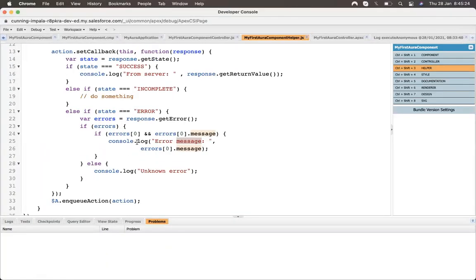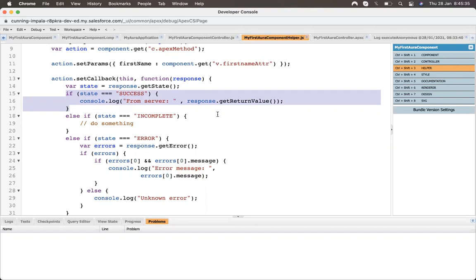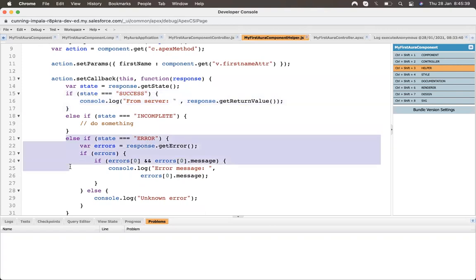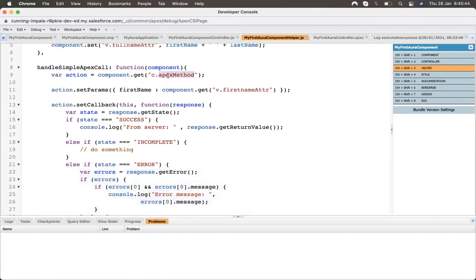So this is the way we pass a parameter, how we get an exception, how we handle an exception, how we get a response from a server, how we get an error from a server, how we control that error, and how we call a method.